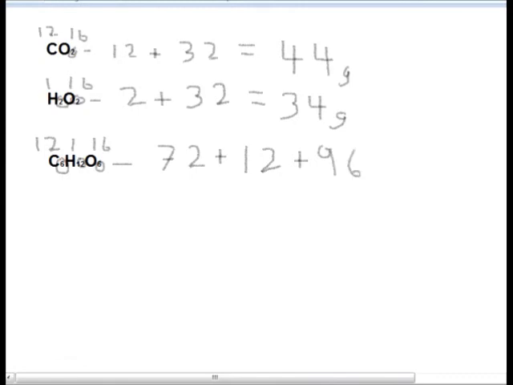Then when I add those all up, that gives me a grand total molar mass of 180 grams. Hopefully you see it's pretty straightforward. All you have to do is look at the molar mass off the periodic table for that element, look at how many are in the formula, multiply, do that for each one, and then add them all up. So that's how you find the molar mass, and that's what we're going to be working on